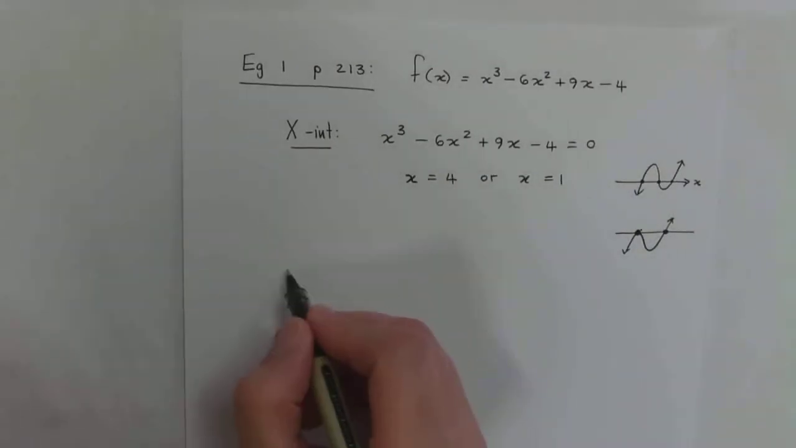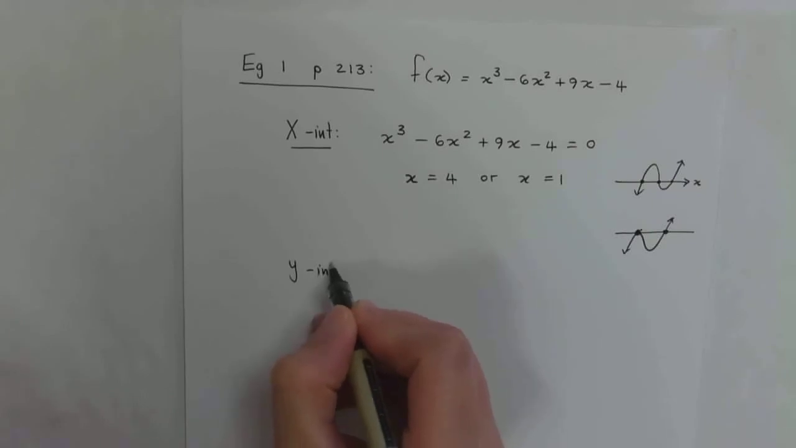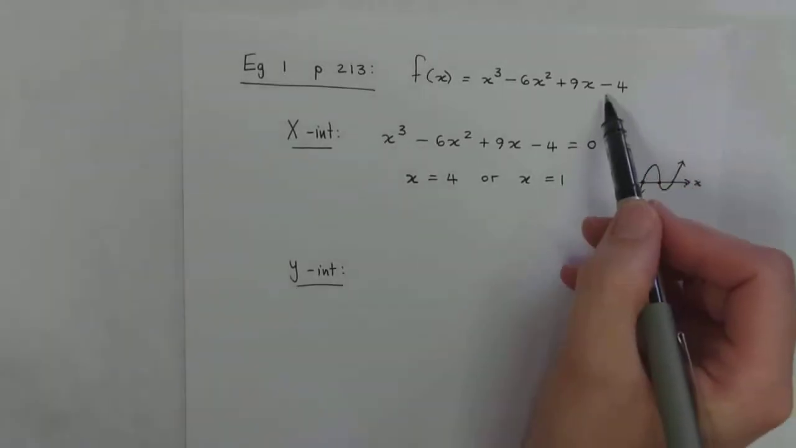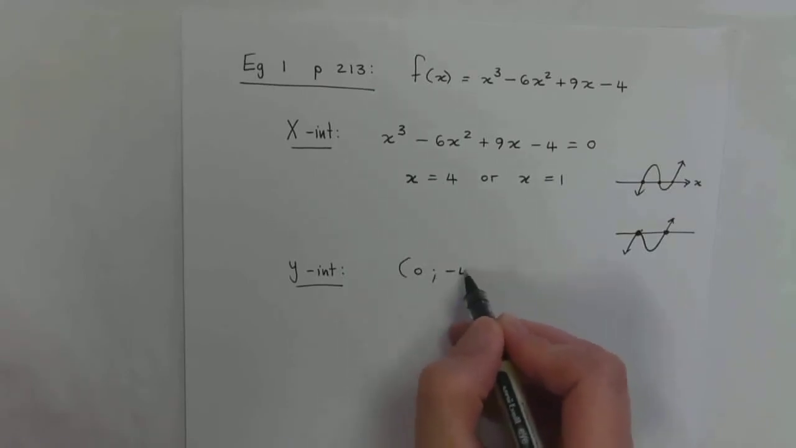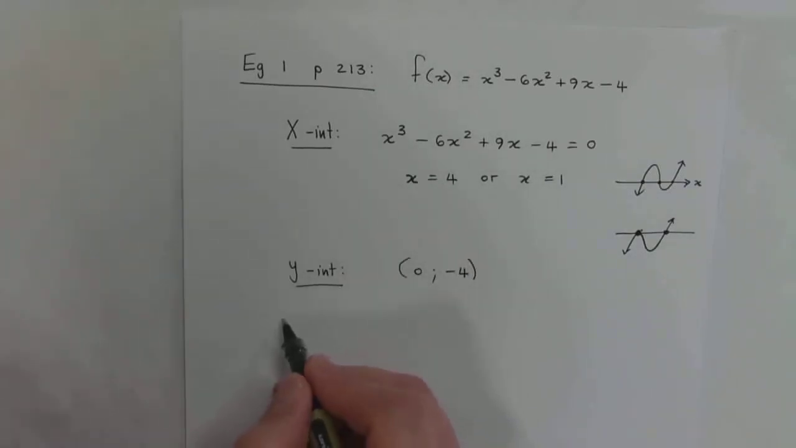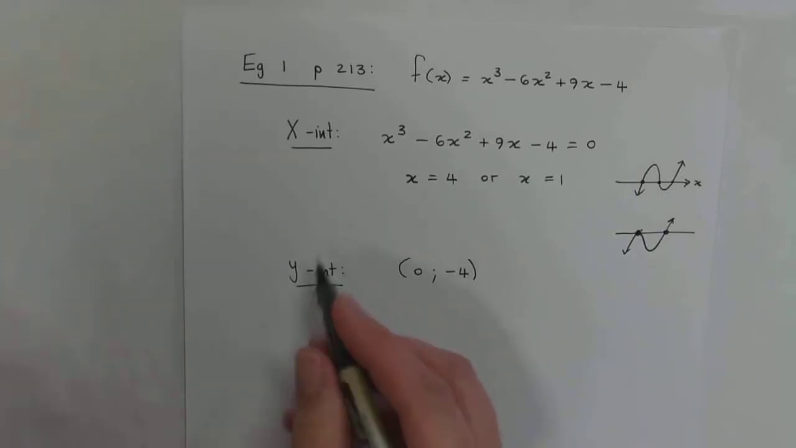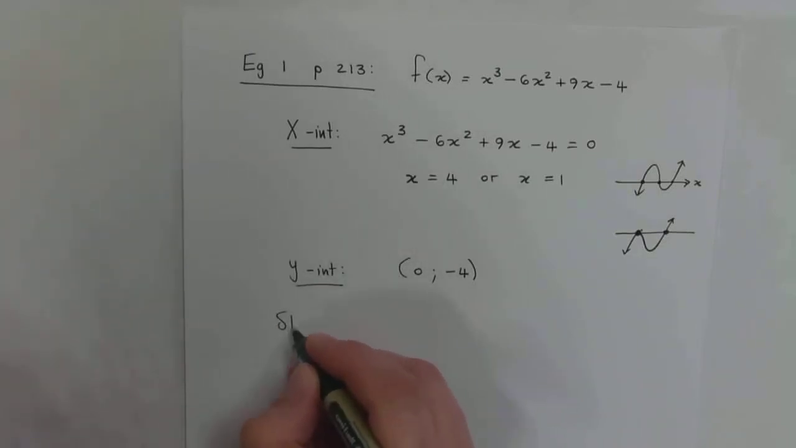Next thing we have to do is work out the y-intercept. So when we work out the y-intercept, we're just going to say it's the point (0, -4). So (0, -4) is my y-intercept. Step 3, we're going to determine the stationary points, or the turning points in this case. So stationary points,